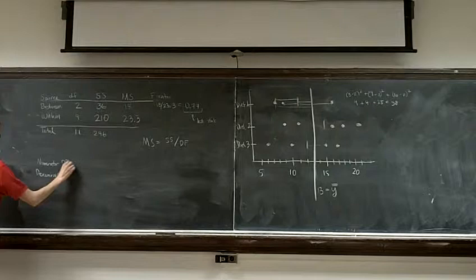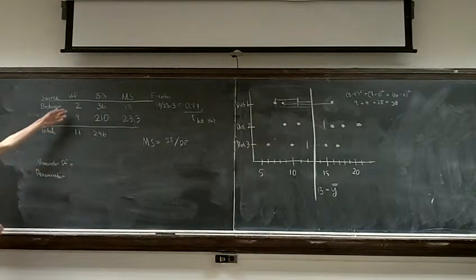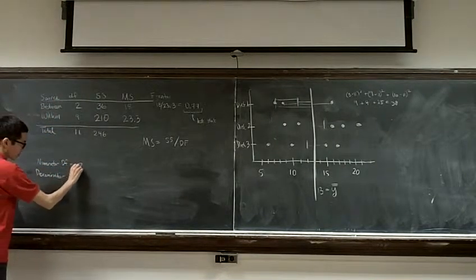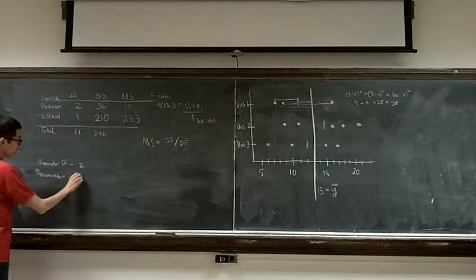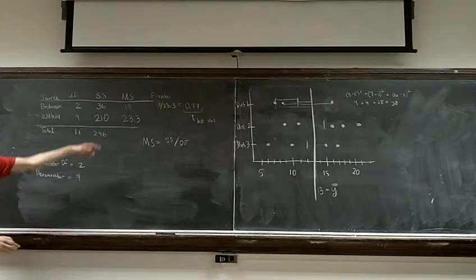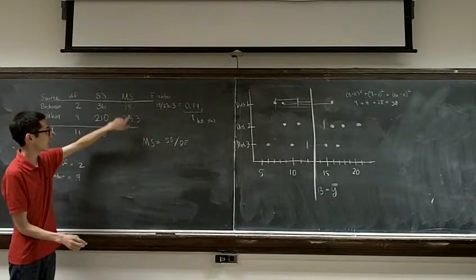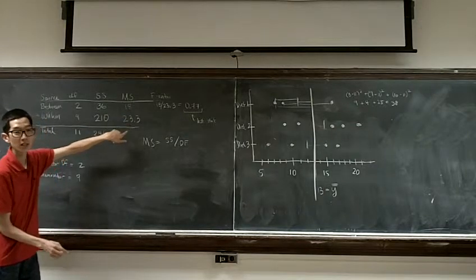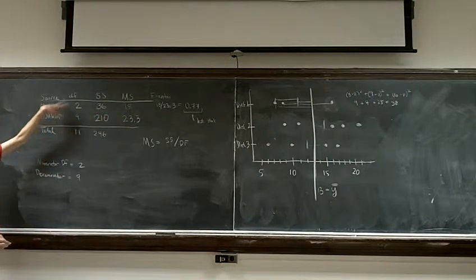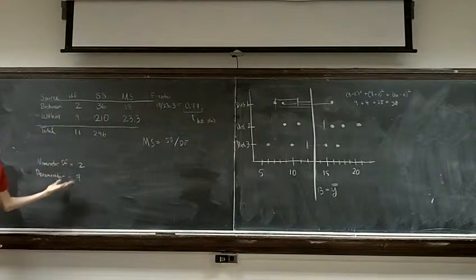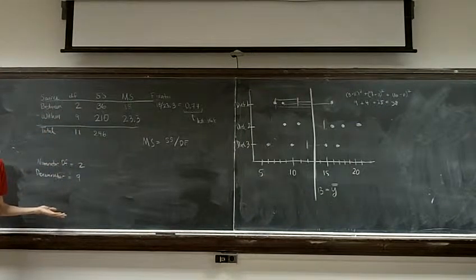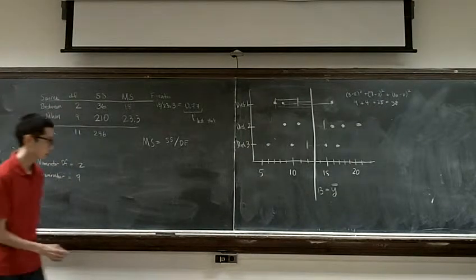Straightforward, okay? What do you think the numerator degrees of freedom is? 2. And the denominator degrees of freedom is 9, okay? Because the F ratio is 18 divided by 23.3. You just use the corresponding degrees of freedom as your numerator and denominator degrees of freedom. Okay. So then what you would do